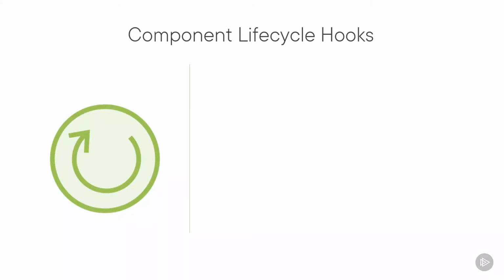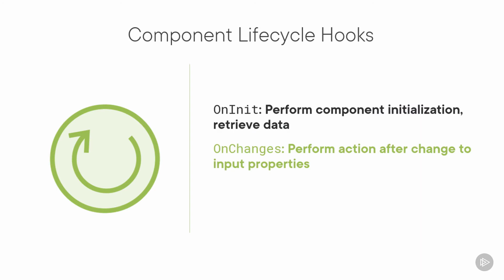Since this is a Getting Started course, we'll limit our focus to the 3 most commonly used lifecycle hooks. Use the onInit lifecycle hook to perform any component initialization after Angular has initialized the data-bound properties. This is a good place to retrieve the data for the template from a backend service, as we'll see later in this course. Use the onChanges lifecycle hook to perform any action after Angular sets data-bound input properties. We have not yet covered input properties. We'll see those in the next module. Use the onDestroy lifecycle hook to perform any cleanup before Angular destroys the component.